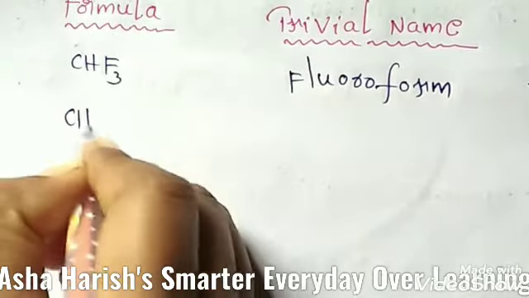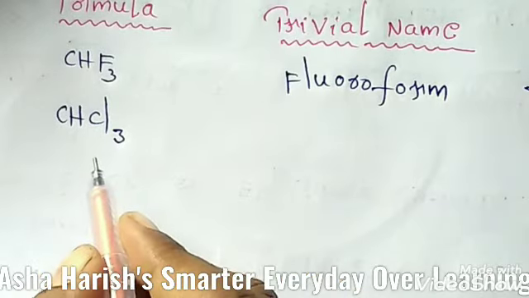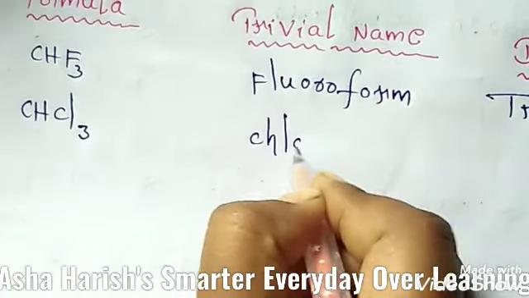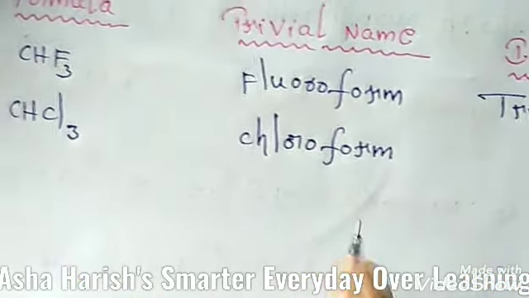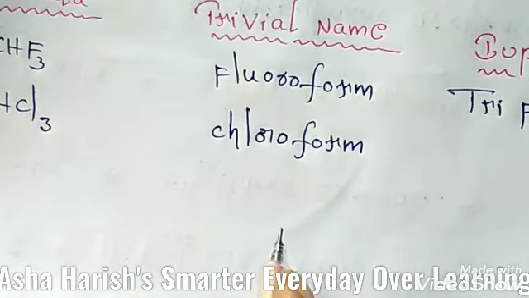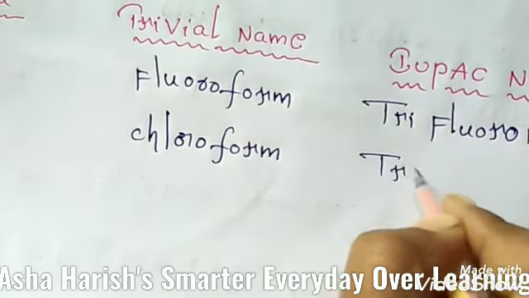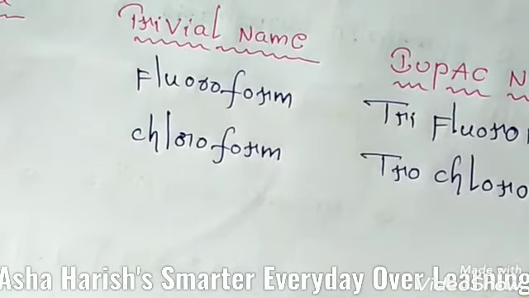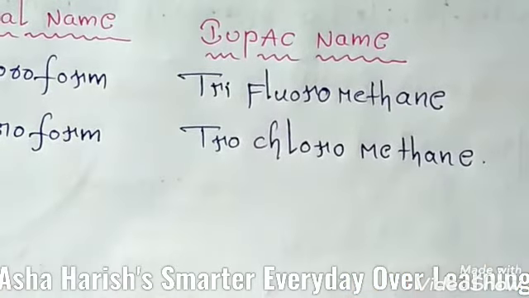Okay, and students, let's go for the next one, that is CHCl3. I think you guessed this name. You can guess this name. CHCl3 here is chloroform. And this is trichloro. Here, trichloro, 3 chlorines are located here. Then students, basing upon the presence of one carbon, that should be methane.